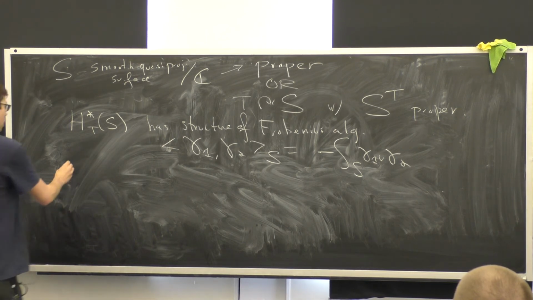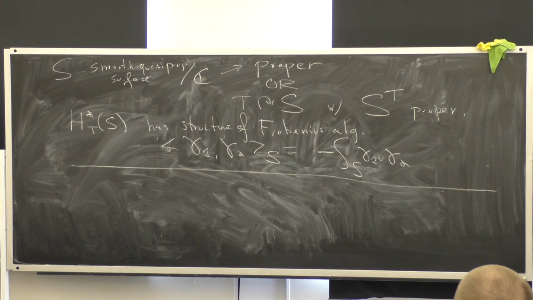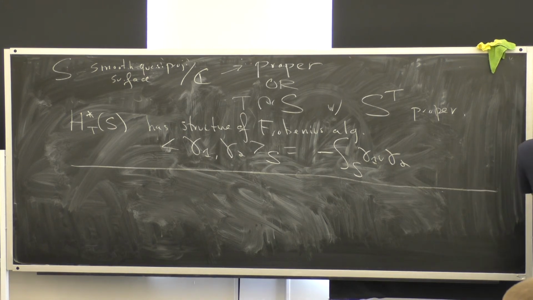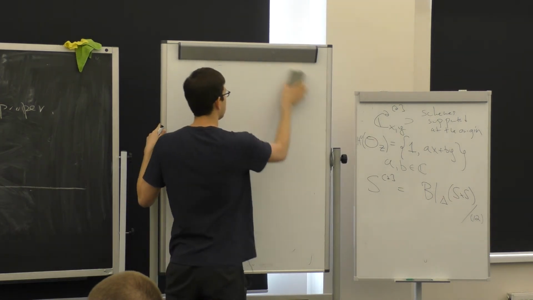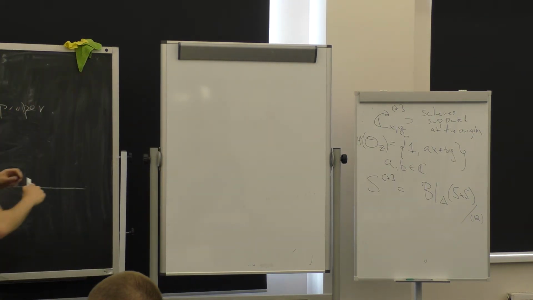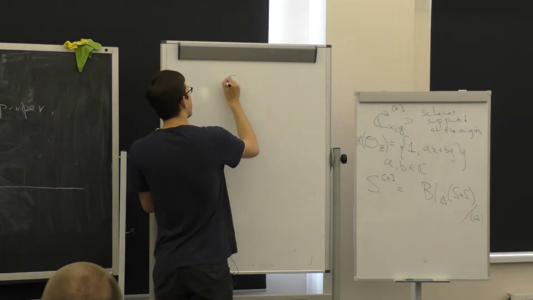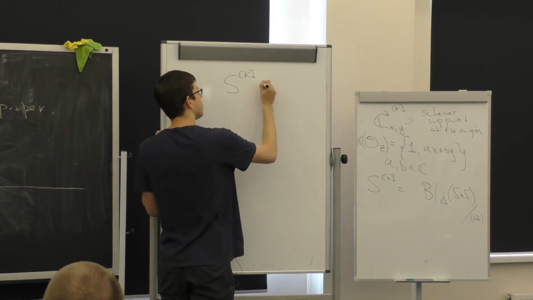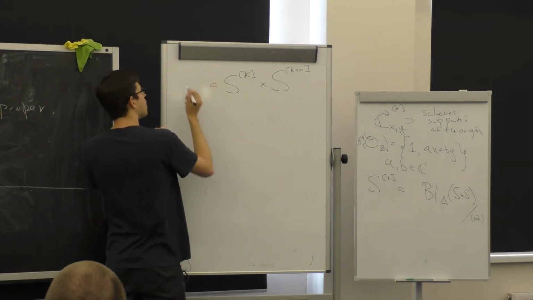Okay. As Andrea explained this morning, one way to get interesting actions of algebras on varieties is to find correspondences. And the Hilbert scheme of points is a particularly rich source of correspondences. So what do we need if we want to go from the cohomology of one Hilbert scheme to another? We need some correspondence between them. And so if I have, say, a Hilbert scheme of k points and a Hilbert scheme of k plus n points, I'm going to define some subclass